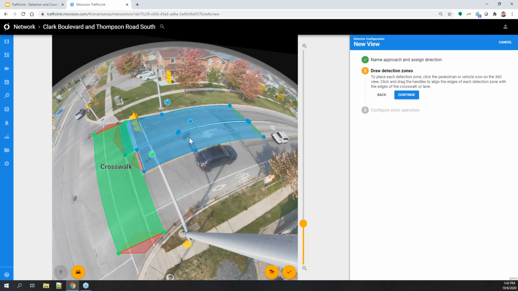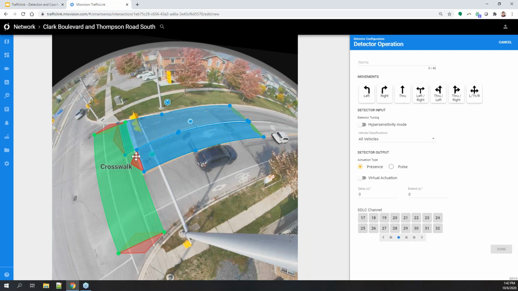So let's add function to these. Let's determine what we do once a zone is placed. So we have this left turn. Let's start with this left turn zone. You can label it whichever you want to label it as. Let's say this is, I think this was the eastbound approach phase. We said odd numbers, so let's call this phase 3. This will also be our channel 19, because I don't know if you remember on the last page, we were